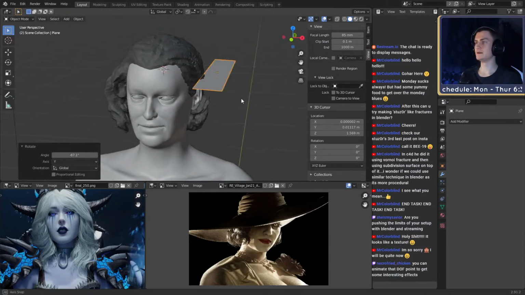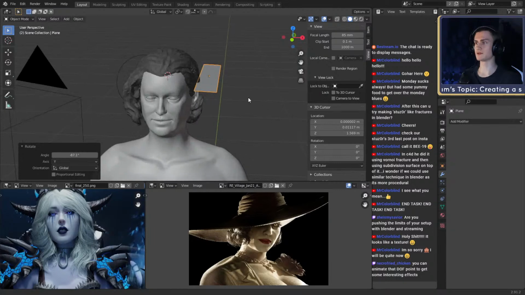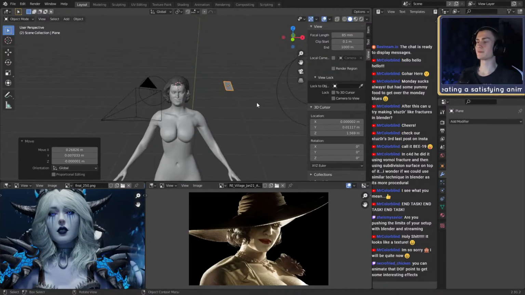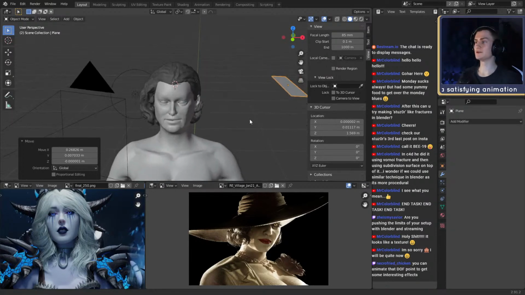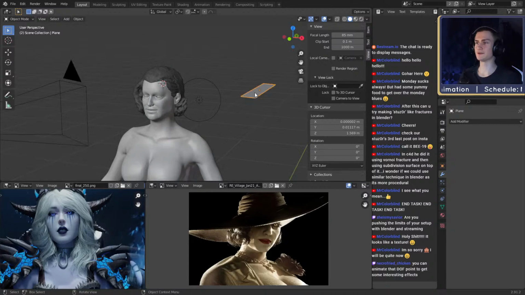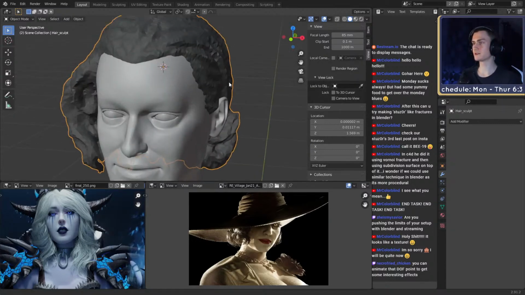So sometimes it's kind of annoying to work with hair particles, but I think it's a faster way of attaching hair texture to your characters. So it's give or take which one you think is easier, better or more effective. There's one more you can do, of course. You can not only use the hair particles for guidance for your hair textures, but you can also just use hair particles for your actual hair.